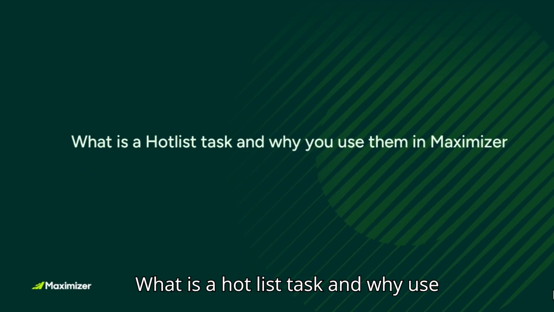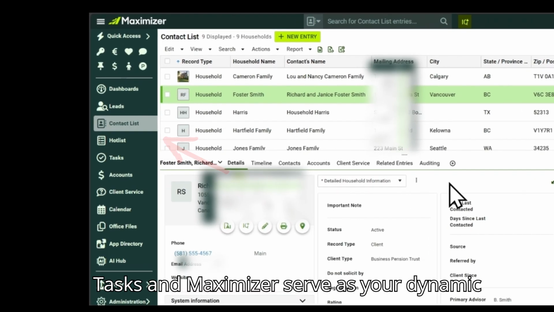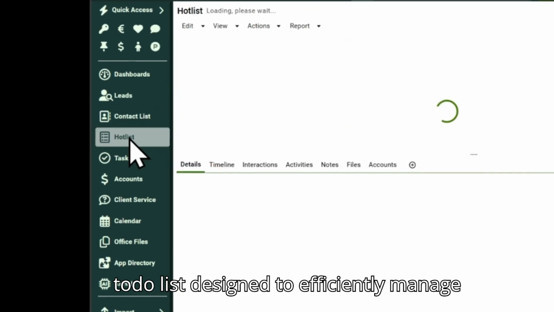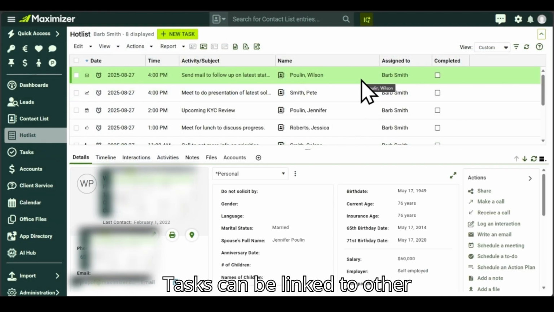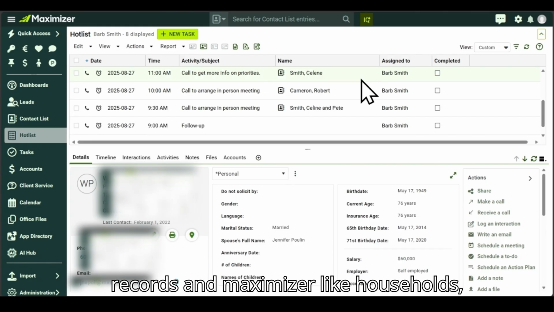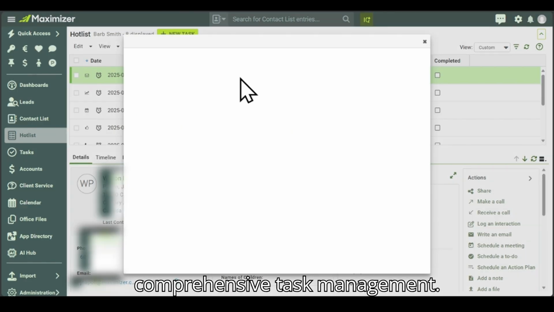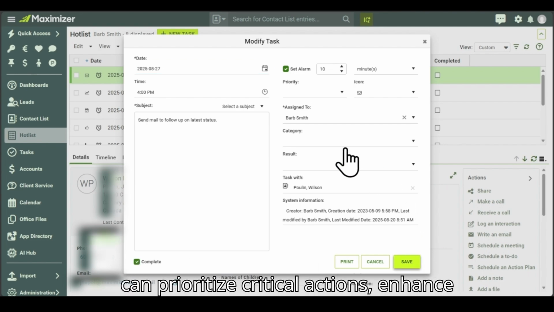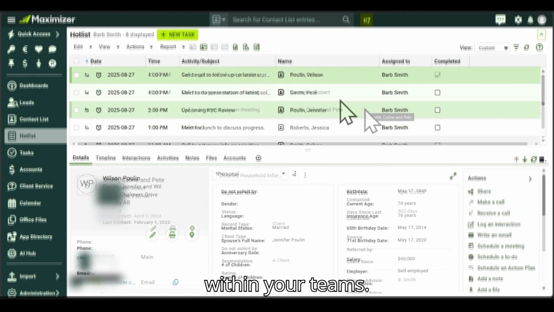What is a hotlist task and why use them in Maximizer? Hotlist tasks in Maximizer serve as your dynamic to-do list, designed to efficiently manage and track tasks and reminders. Tasks can be linked to other records in Maximizer like households, contacts, leads, and companies, ensuring comprehensive task management. By utilizing hotlist tasks, you can prioritize critical actions, enhance productivity, maintain timely communication, and track task completion within your